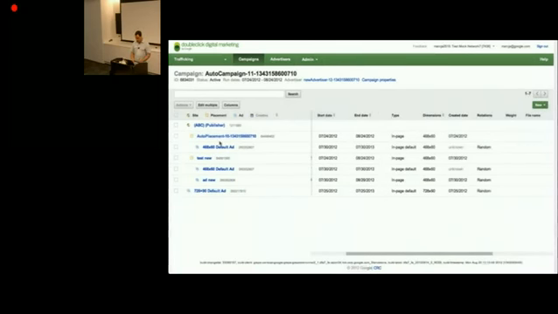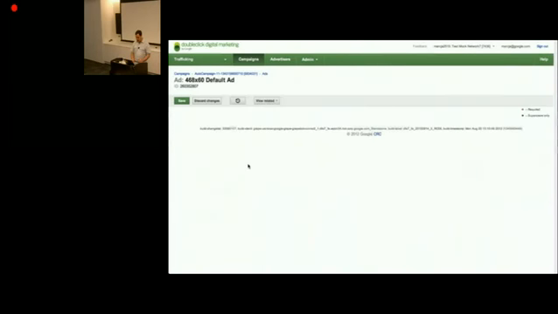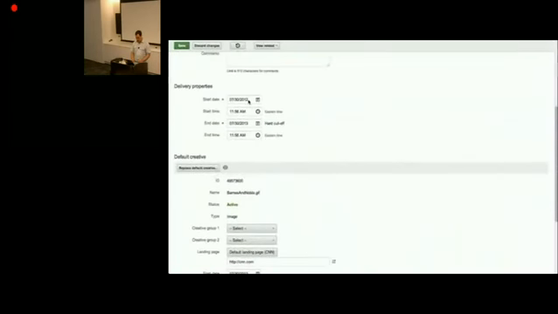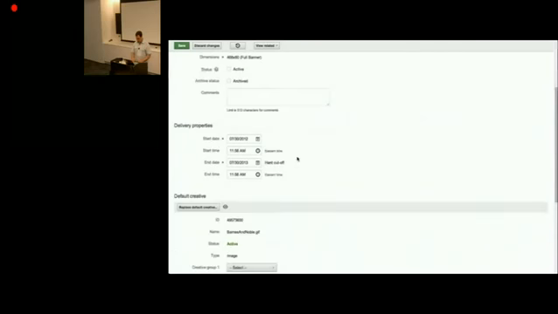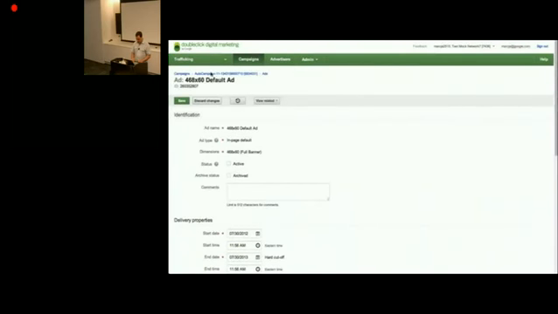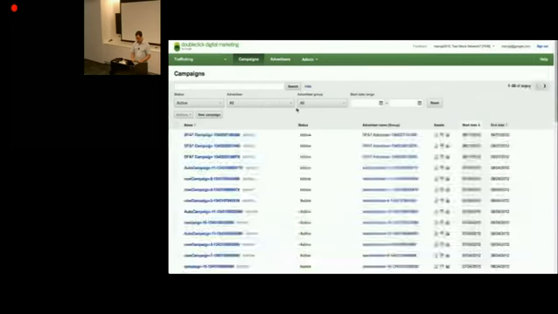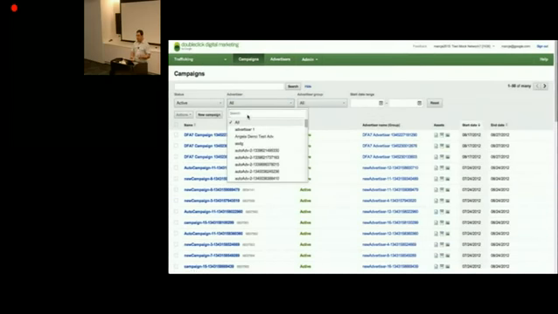One of the other major pieces, if I go to, for example, a particular ad, these little widgets are actually embedded jQuery date-time controls, which we hope to get rid of very soon. But another thing that's pretty cool is that grid control, we call an OmniGrid. And we also have support for something called an Omni list. Let's see if I can find a better example of this in action. Let's go to campaigns. Let's say I want to filter this list of campaigns by advertiser. So this Omni list control, again, pure Angular, no jQuery or anything like that, lets me do things